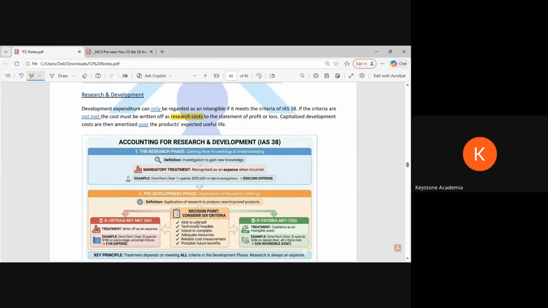Can you just put it into the chat or message? Yeah, I will put it. These shortcuts are very important. This shortcut is fine, the rest is all theory. They'll ask questions only from this. If it qualifies or not, you have to see these six points, and then we are done.